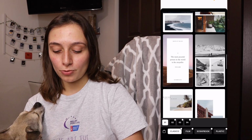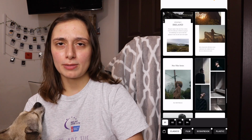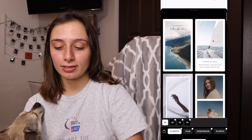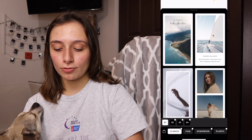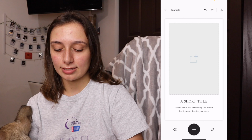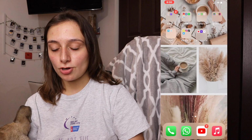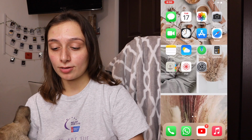So they're just so pretty, and a lot of them are free. I know you have to pay for some of them, but there's a lot of pretty ones just to make it look aesthetic and pretty. Usually I go for something like this because you can add the text on the bottom and the picture on the top. But yeah, those are pretty much all the apps that are on my phone,